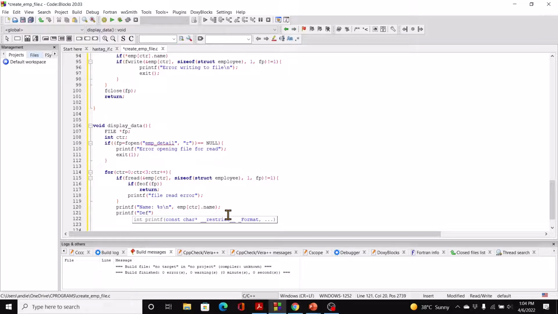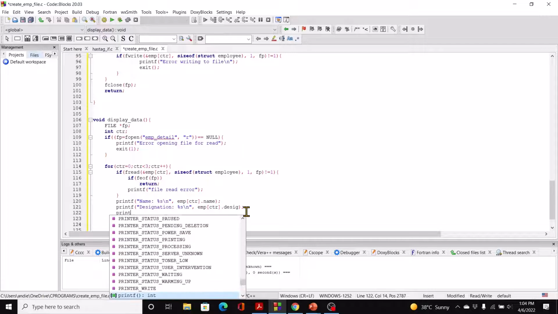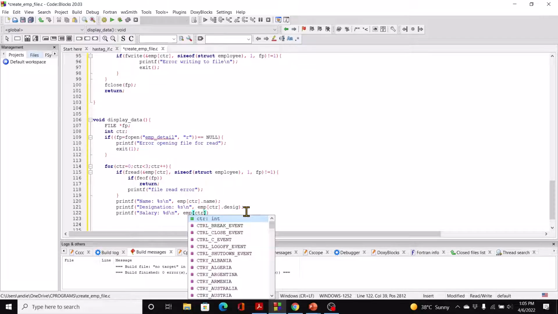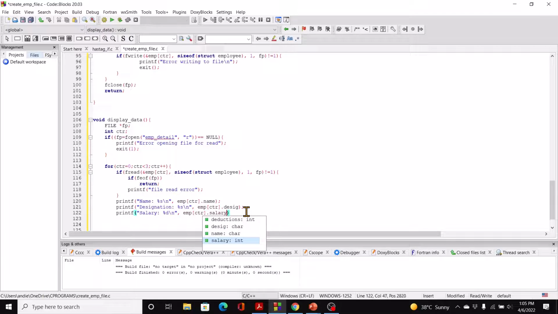So designation %s \n, comma, emp of ctr dot designation, right? Then printf salary %d \n, right, comma, emp of ctr dot salary,